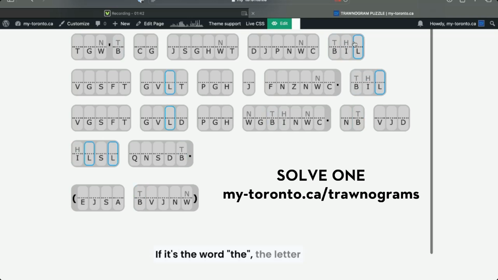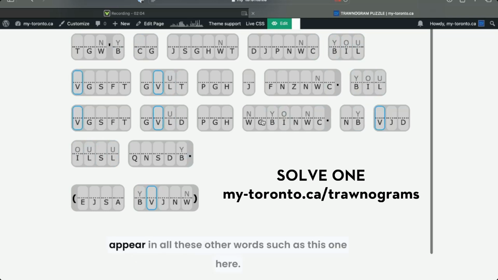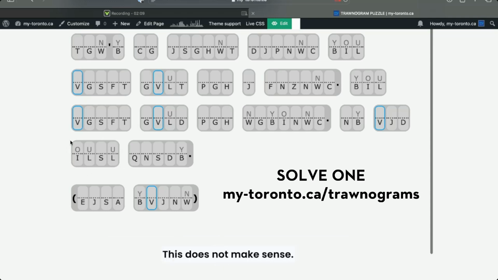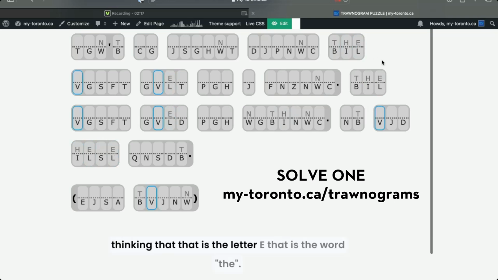If it's the word the, the letter L is actually the letter E. If that's true, E is the most common letter in the English language. You will find lots of L's in the puzzle, which I am here. If it were the word you, that letter is less likely to appear in all these other words, such as this one here. This does not make sense. So I think I'm going to go with my first instinct in thinking that that is the letter E,